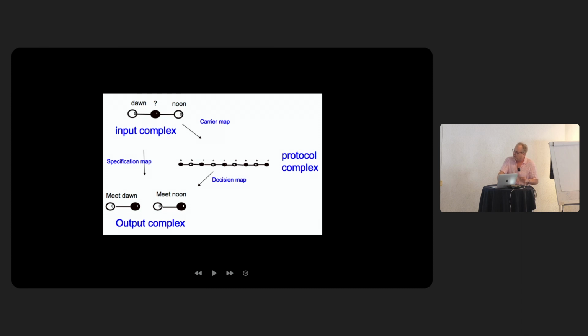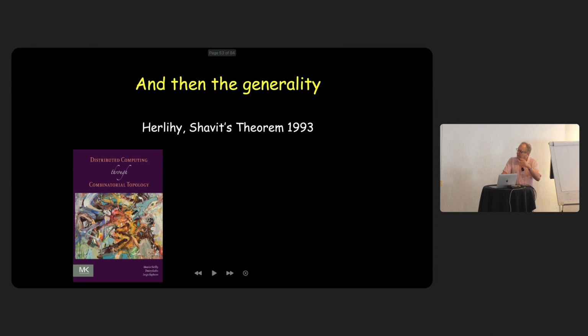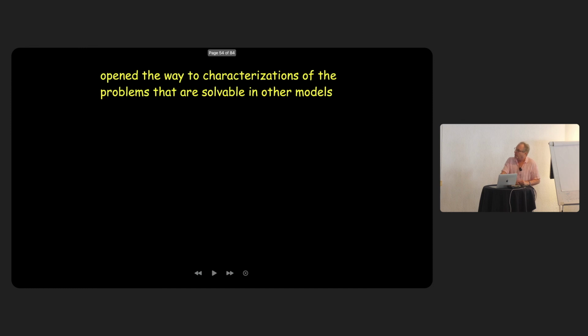So this is the whole idea behind the original problem that was studied in those years and a proof of how the issue is of a topological nature. You start with a shape and you modify it by stretching it, making it longer, but you need to break it in order to make a consensus decision, and you can never break it in this model where the messages may or may not arrive. And this is, in some generality, what has been explored since the famous Herlihy and Shavit theorem of 1993, which we overview in the book with Maurice, which I will not get into,